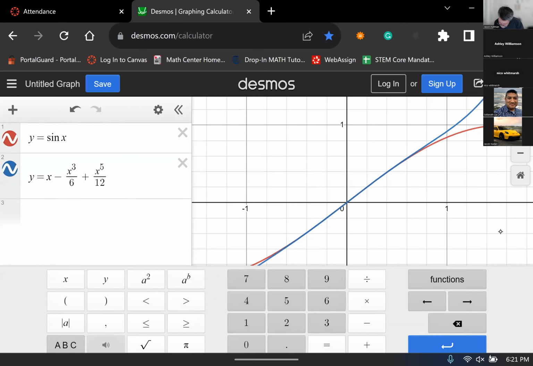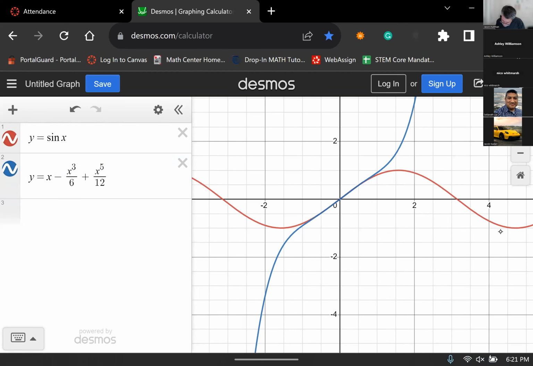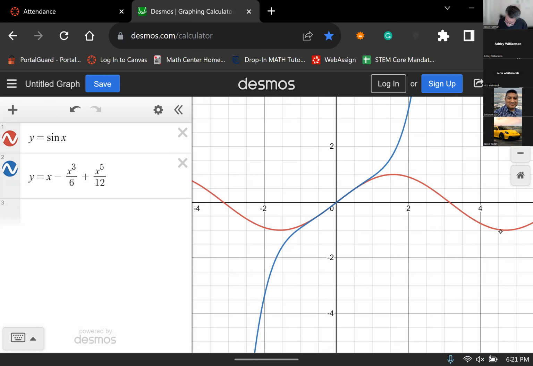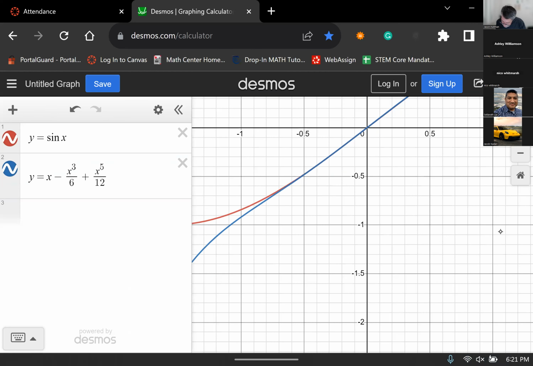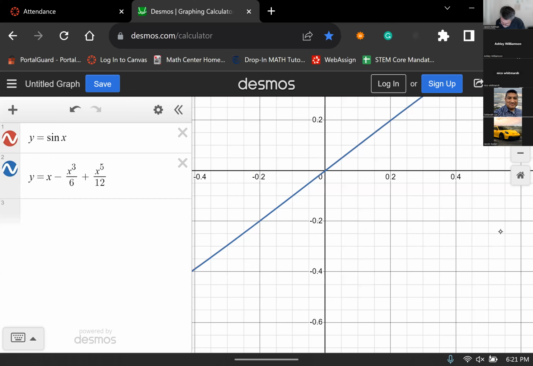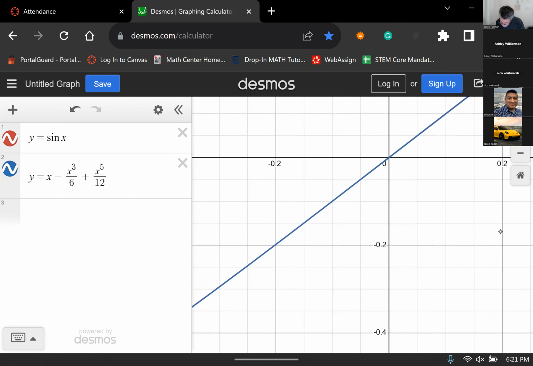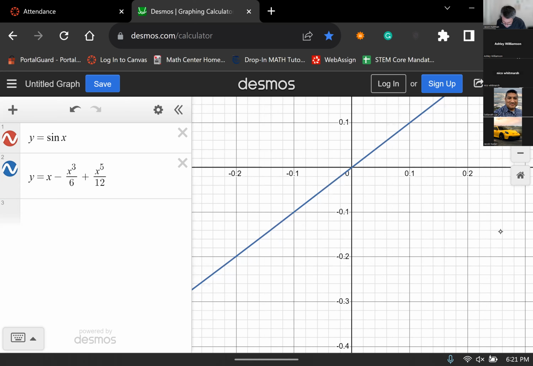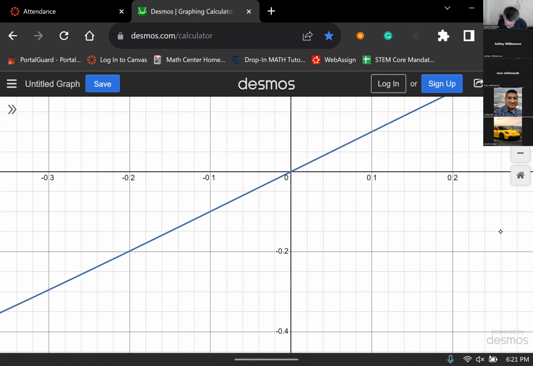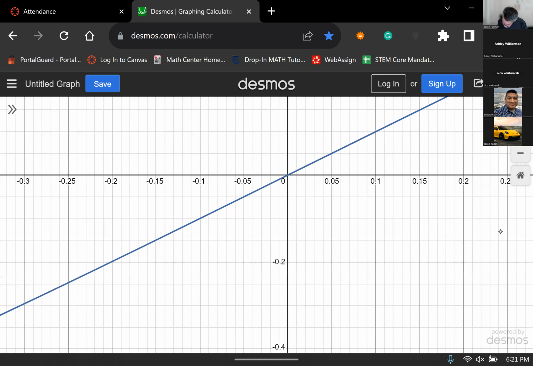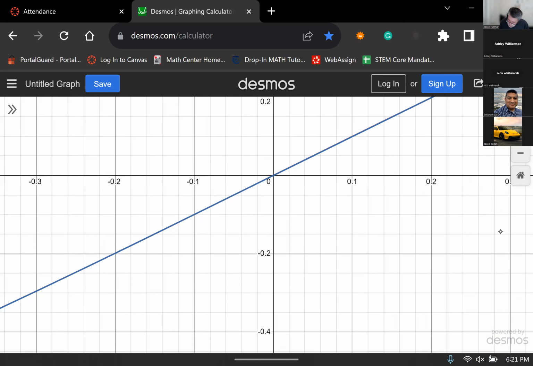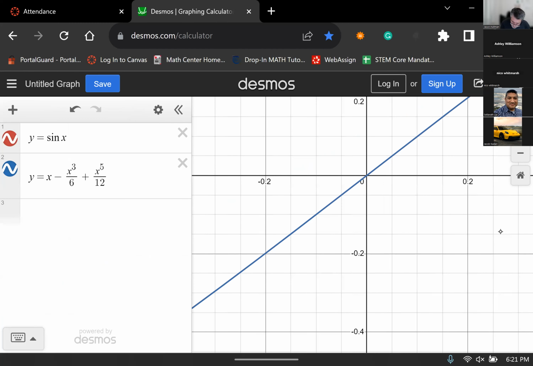Okay, and then we want to know, how accurate is this, right? So we have this blue polynomial, this 5th degree polynomial, and we want to know how accurate it is between negative 0.3 and 0.3. Between negative 0.3 and 0.3, they're almost indistinguishable. That's very accurate, extremely accurate. If I wanted to know what the bound is here,